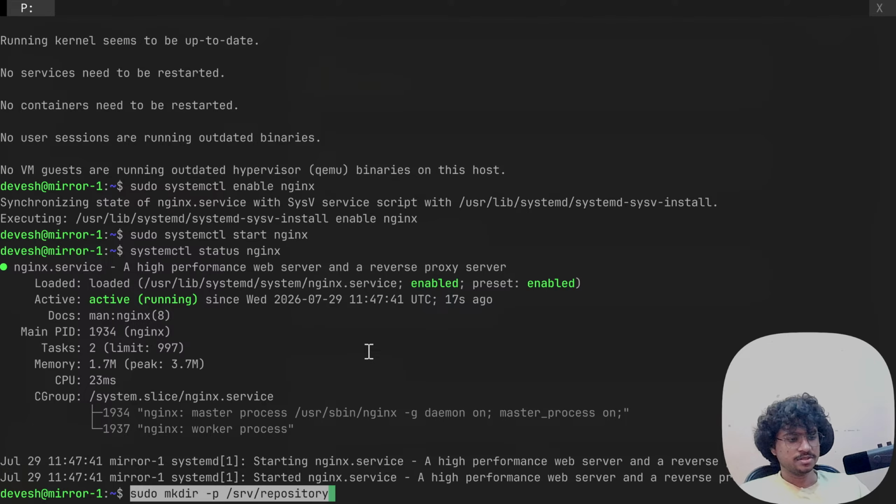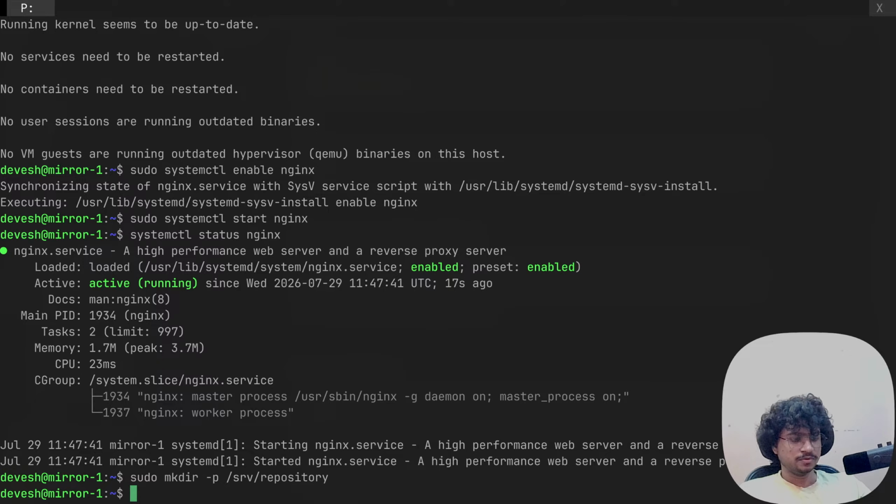Make directory, since it doesn't exist, with root user as the main user.